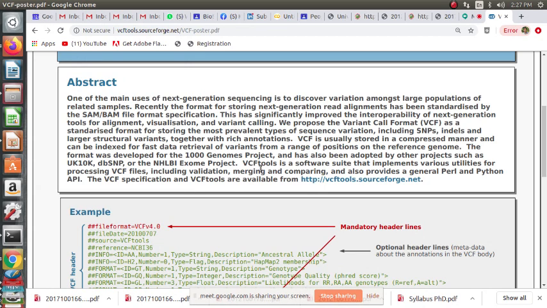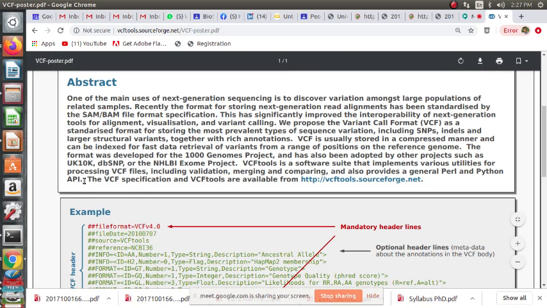VCFtools is a software suite that implements various utilities for processing VCF files, including validation, merging and comparing, and also provides a general Perl and Python application programming interface. The VCF specification and VCFtools are available here.